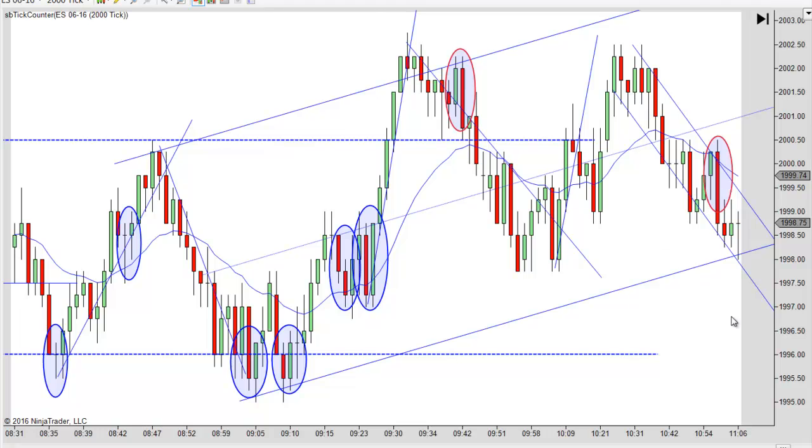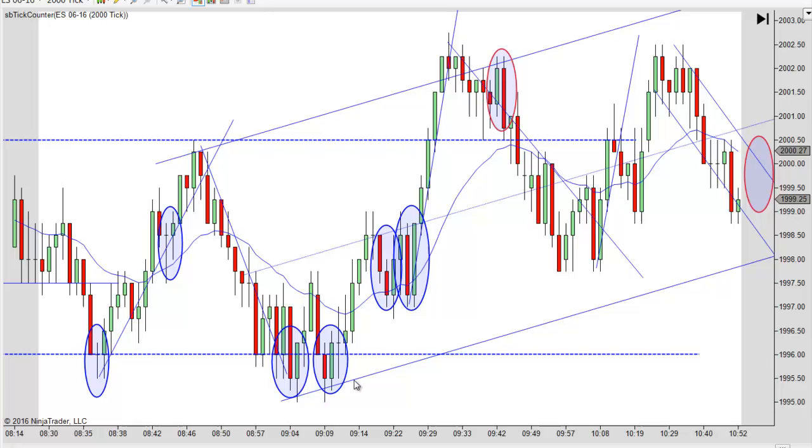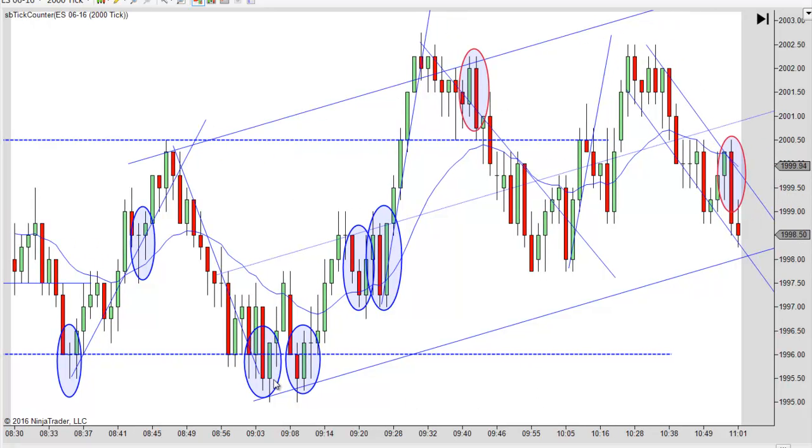Actually, you could have ridden it all day. I doubt you would have stayed with it, but you could have. And that's why I like these failed break lowers, because they generally give you a chance to catch some of these big moves. But anyway, now you got a double bottom, and then you got a little resistance across here,